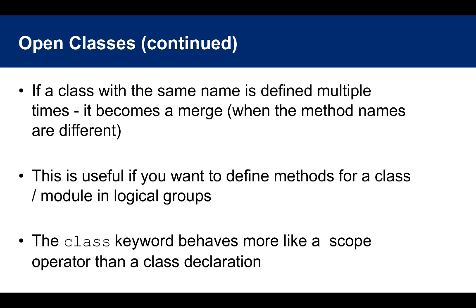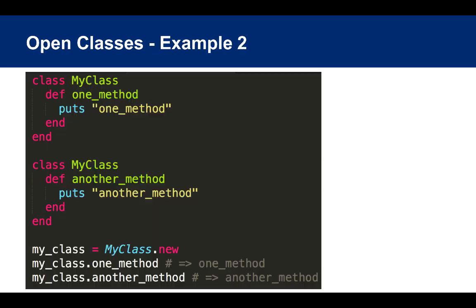So think of a math class. Let's say you want to define some methods in one area, but then you want to have a different file that maybe defines some trig functions or something. Both classes would be called math, but you would define different logical groups in different files, and they would still be under the same umbrella of a math class. And it's useful because you don't have to have one file, one class with a gazillion methods in it. You have small files that deal with different logical groups of method names.